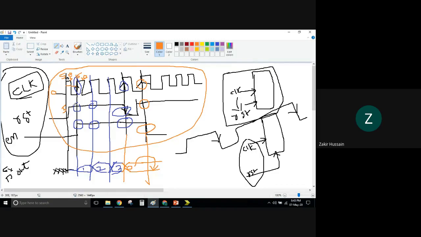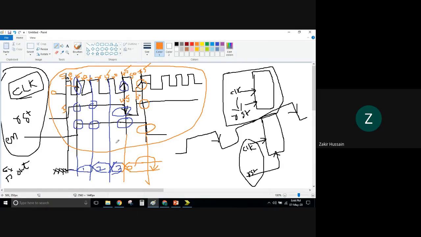And here, for every 5, this is 25, this is 30, this is 35, this is 40, and this is 45. At 45, this one is going low. This is 50, and this is 55. Somewhere in between I am making it high. Somewhere it may be 52 or something, whatever you can assume.